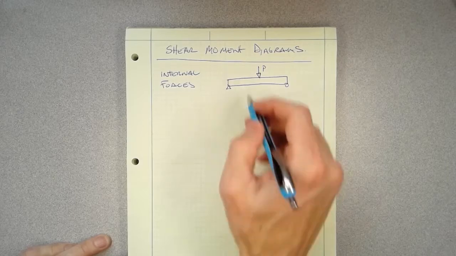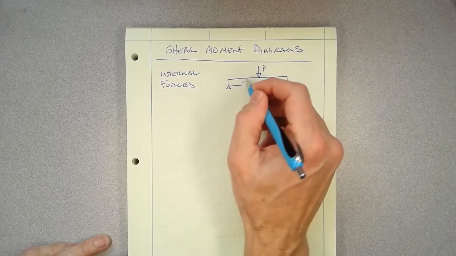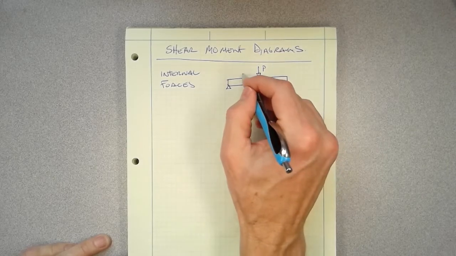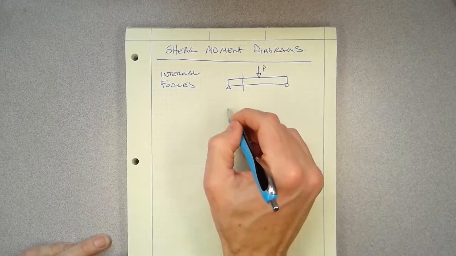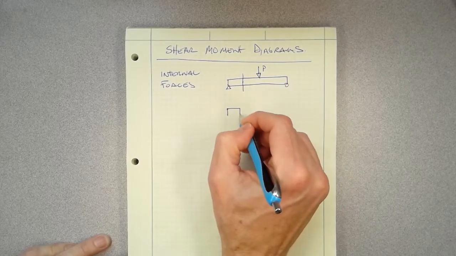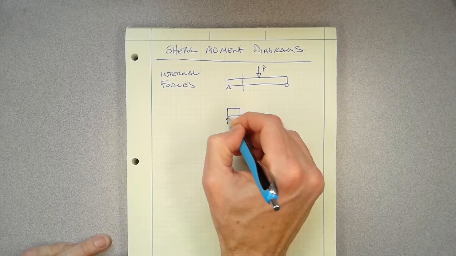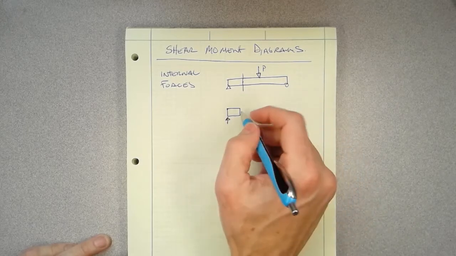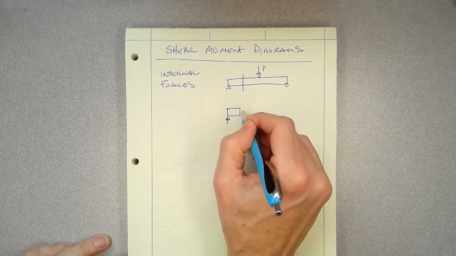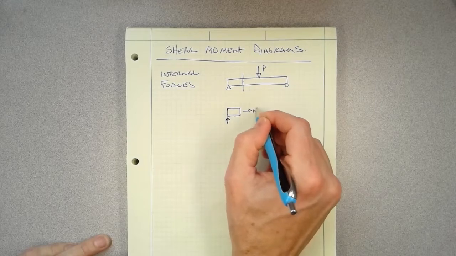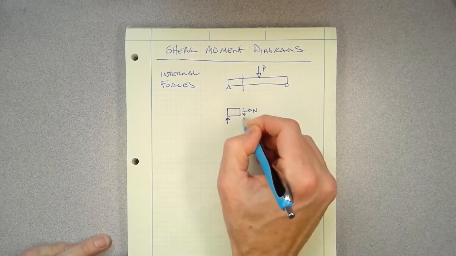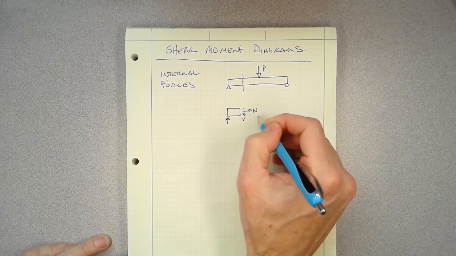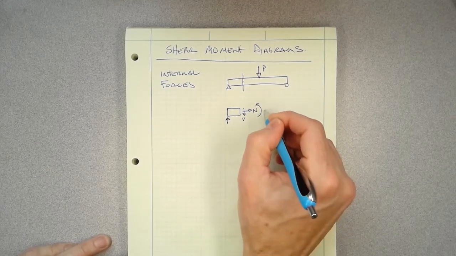If we're looking at some point, we need to be able to cut this beam, and then split this up so that we can get our reaction force at our support. We can then have our internal forces, our normal, our shear, V, and our moment, M, at